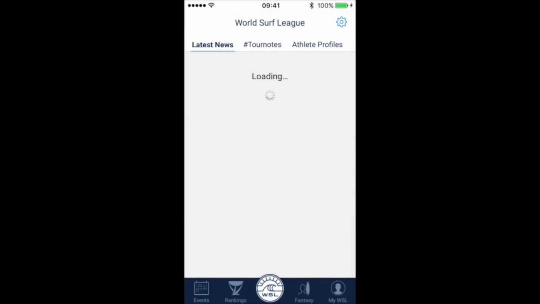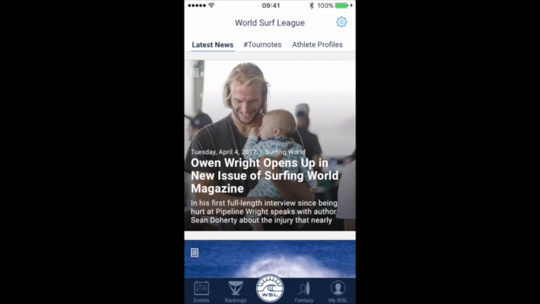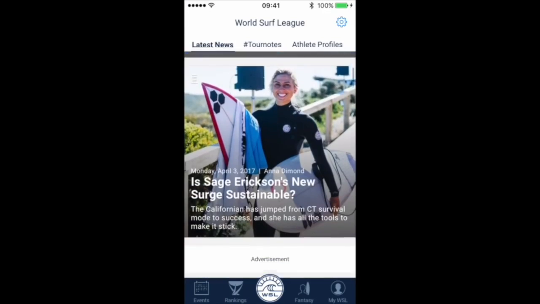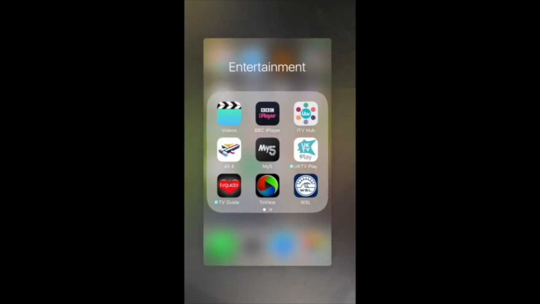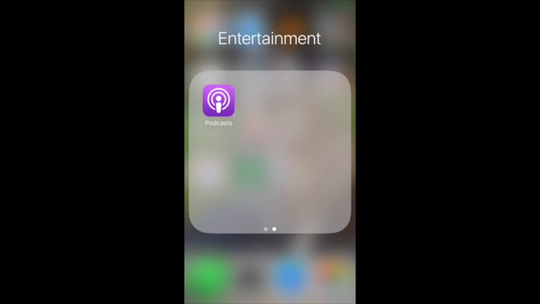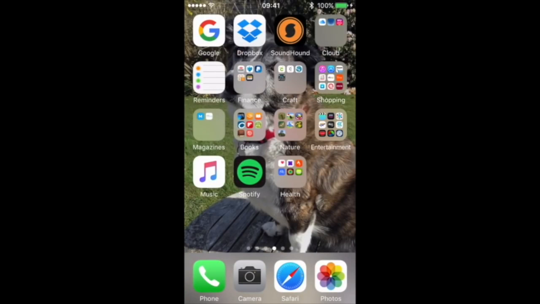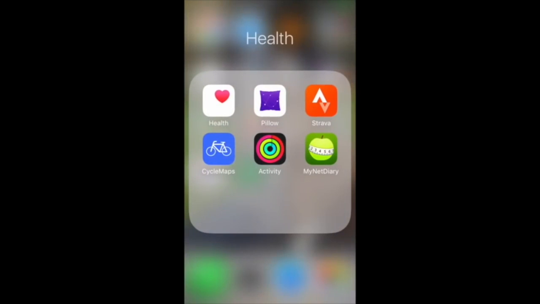I've then got this surfing app, which is basically, I like to follow championship surfing, and on this app it not only gives you news and stuff, but when there's something actually playing, like a competition, you can actually watch it via the app, so that's really cool. I like to follow that. And then is there anything on here? Yeah, just podcasts. Then we've got music, Spotify, and then a health section, so you've got your Apple Health app,